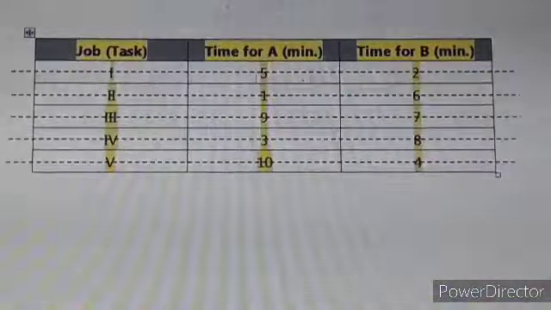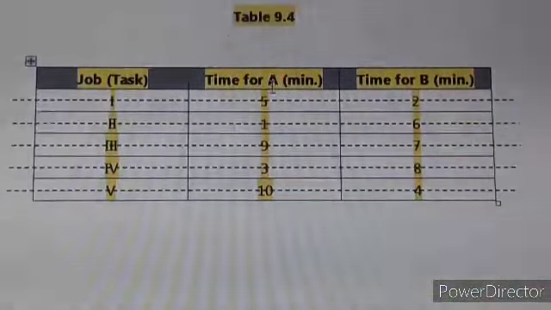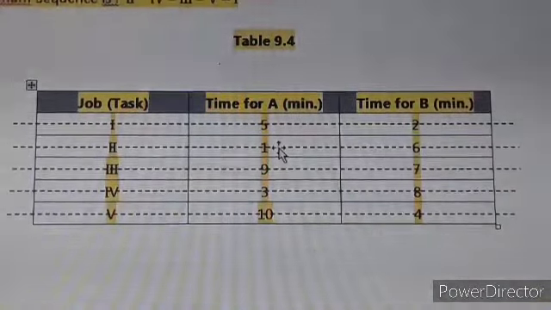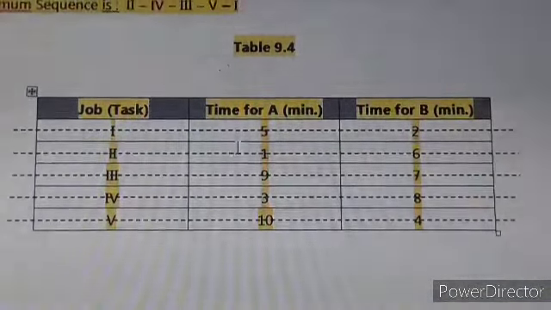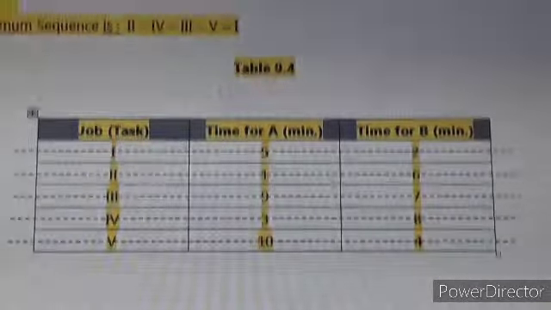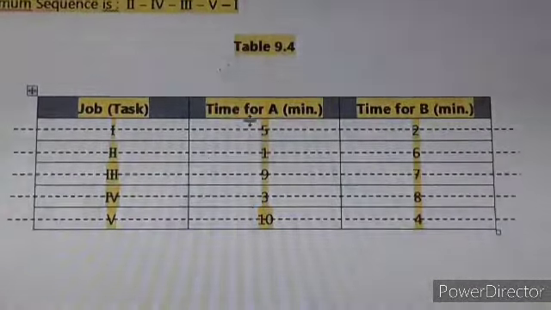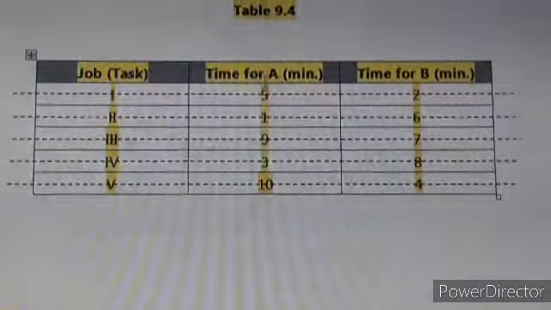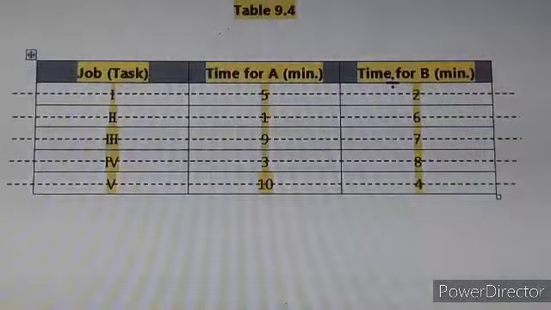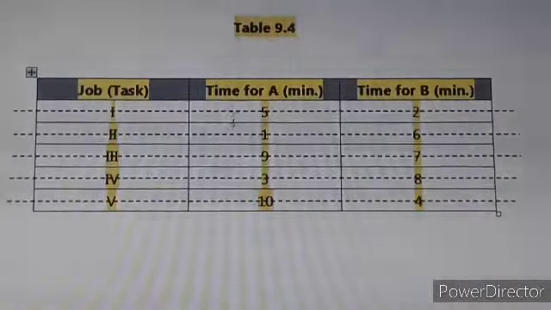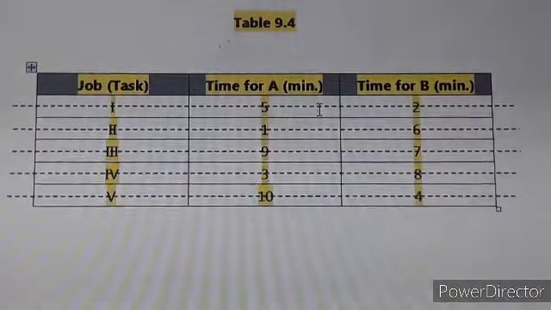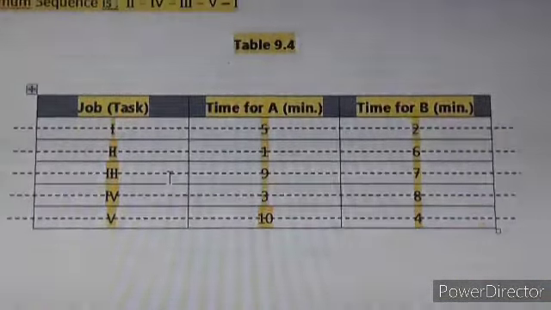In that table we start for machine 1 with respect to the new sequence. Again we will take into account the processing time of the respective job, and first we will finish all the processing of jobs on machine 1, and similarly we will finish the processing of all the jobs on machine 2, and we will continue this cycle as per the requirements of the production.